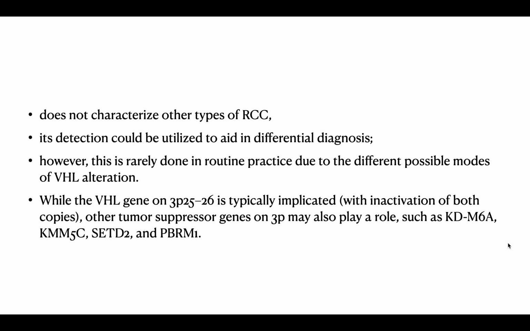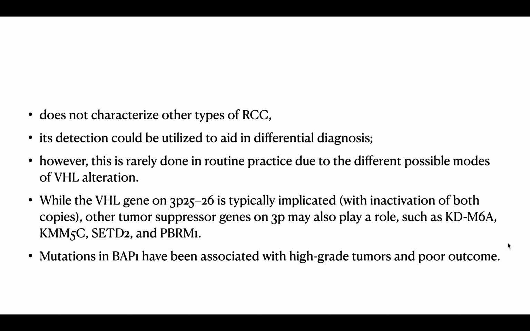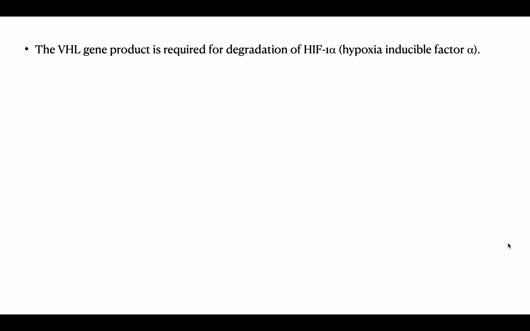While the VHL gene on 3p25-26 is typically implicated with the inactivation of both the copies, other tumor suppressors on 3p may also play a role, such as KDM6A, KDM5C, SETD2 and PBRM1. Mutations in BAP1 have been associated with high-grade tumors and poor outcome. The VHL gene product is required for degradation of HIF-1 alpha, hypoxia-inducible factor alpha. With the loss of the VHL protein in clear cell RCC, HIF-1 alpha accumulates,